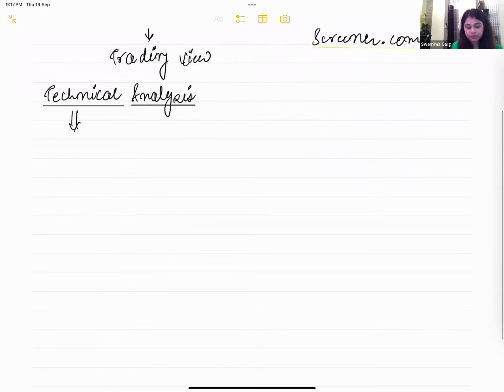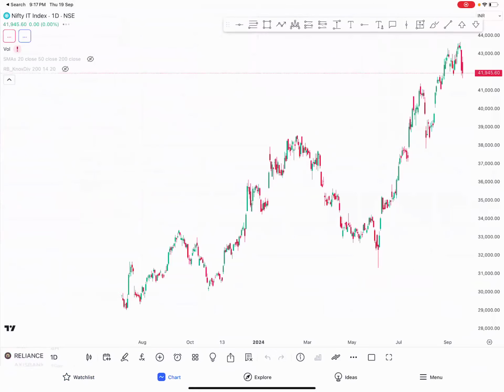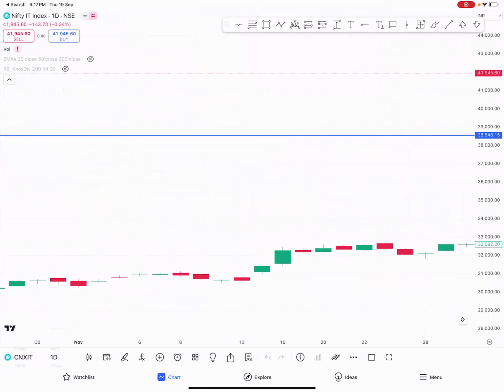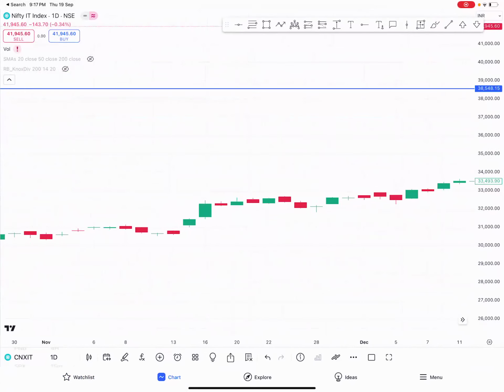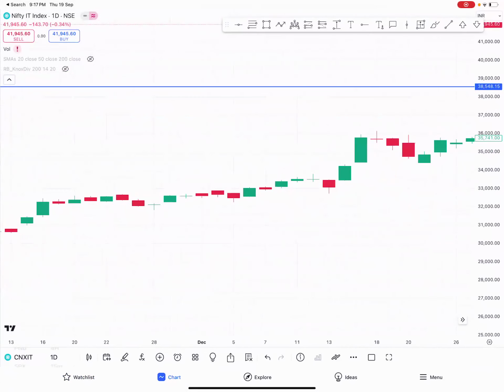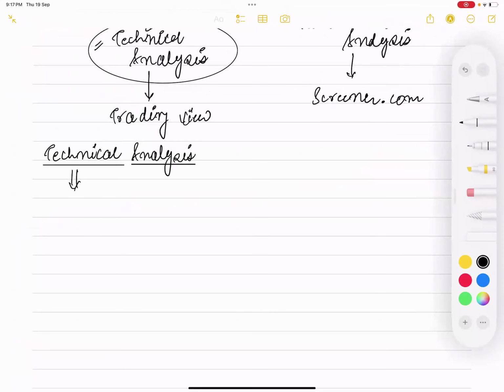Yes. So for simplicity for everyone, I'll just show you how the candles look. This is Nifty IT, and this is how a candlestick looks. If you look here, there are different candles with green color and red color. If it's a green color, that means it's a bullish candle. And if it's a red color, that means it's a bearish candle. And there are wicks attached to it. So these will be the wicks like this.